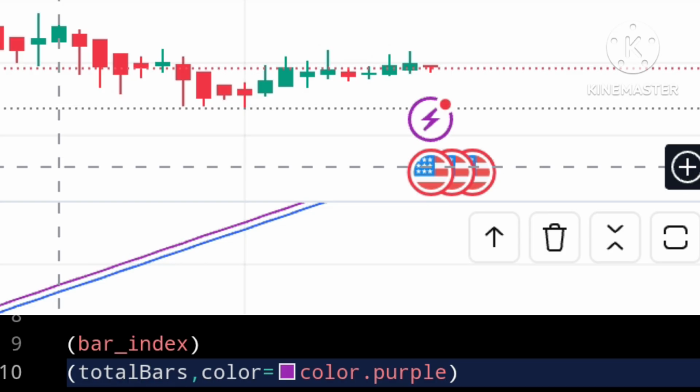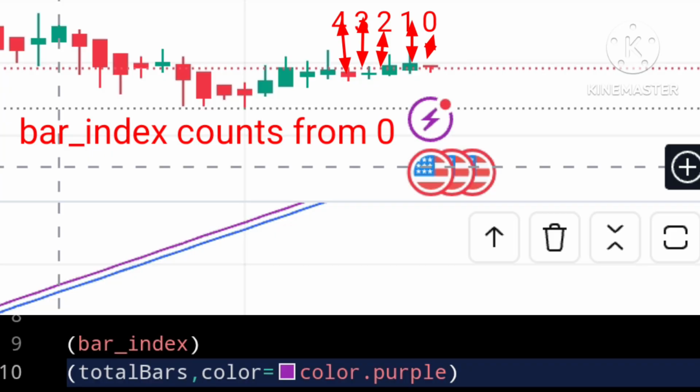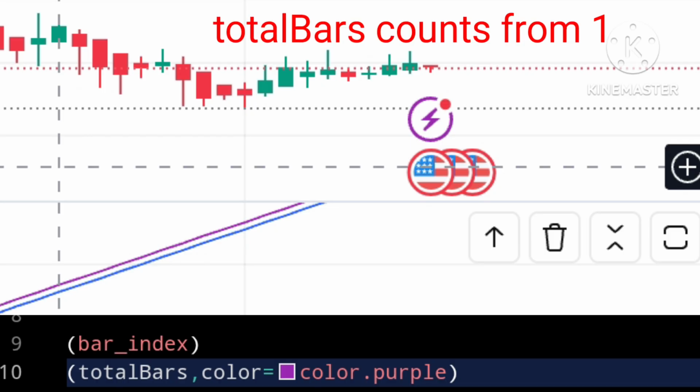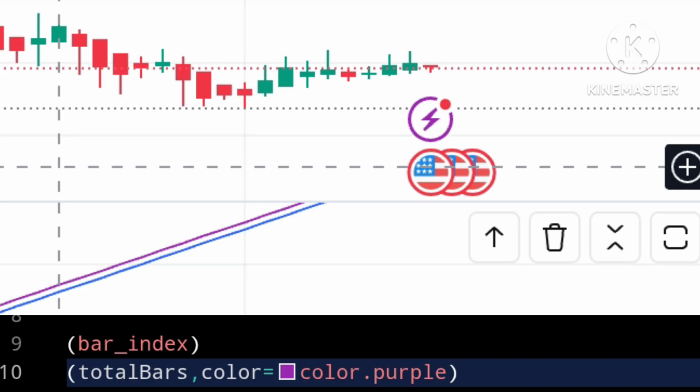The reason for that is that our total bar numbers is incremented on the first bar, whereas bar index is not. It is only incremented after that bar is finished drawing. So it starts from 0, 1, 2, 3, and so on all the way to our final bar. And our total bars starts from 1 and counts all the way up to the last bar.